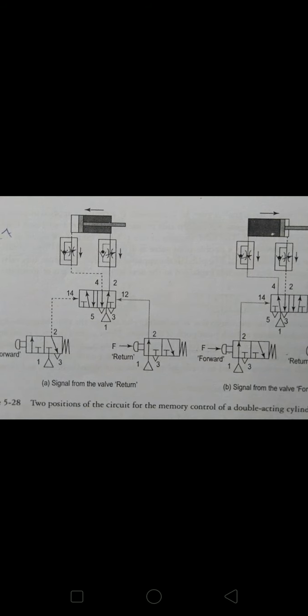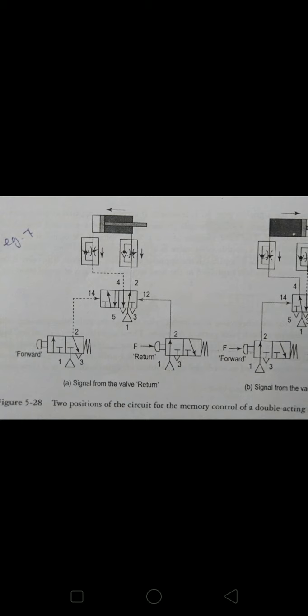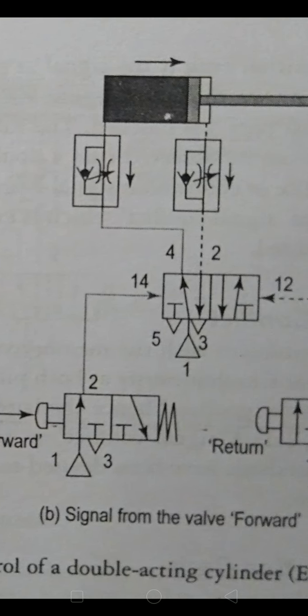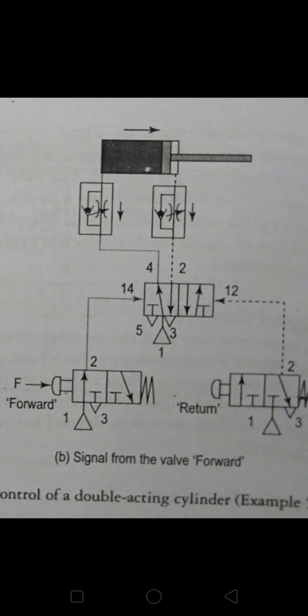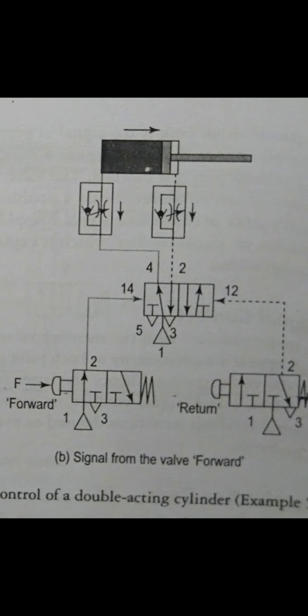So when the 3x2 way valve meant for the forward motion is pressed, right here, this line, the 5x2 way valve switches over through the signal applied to its pilot port 14. The piston travels out and remains in the forward end position,